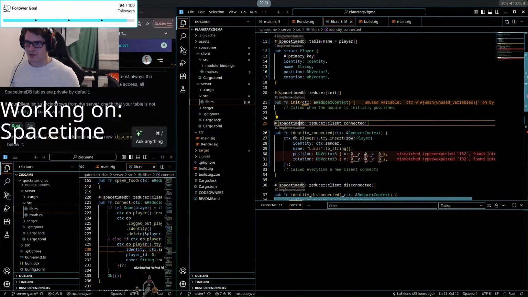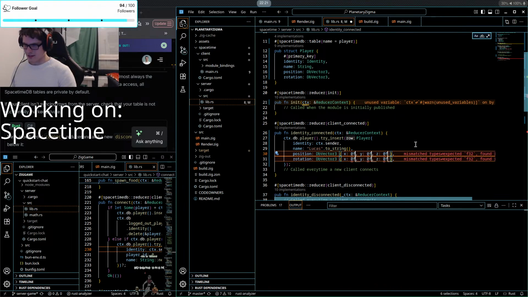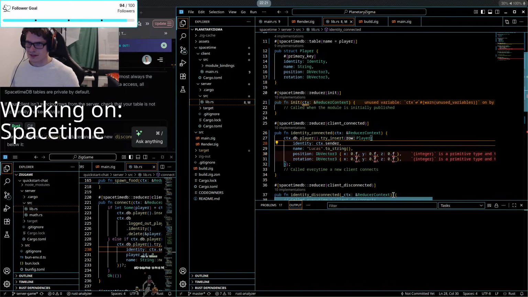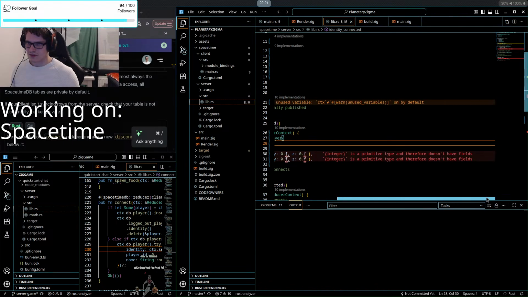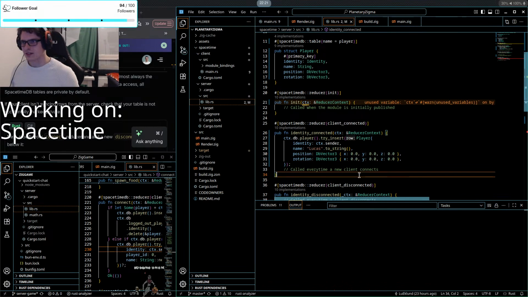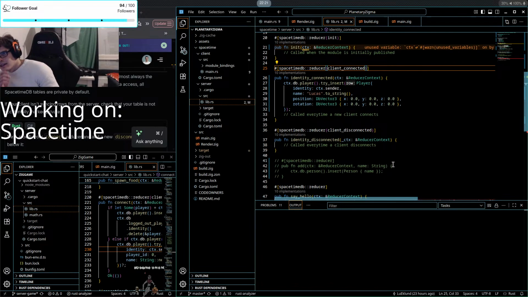And then all of those need to be... It's unclear that it's an f dot f. How do you do... Isn't this how you do a float in Rust? Okay, that's how we do it.